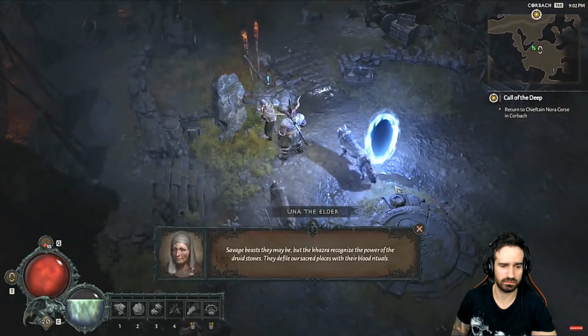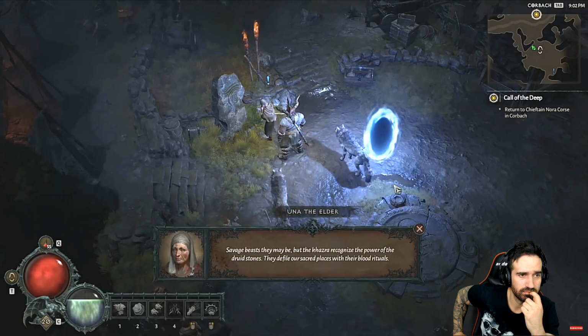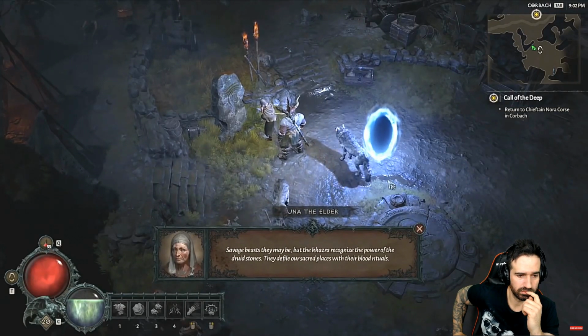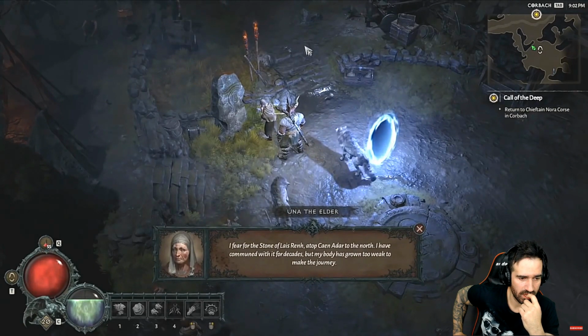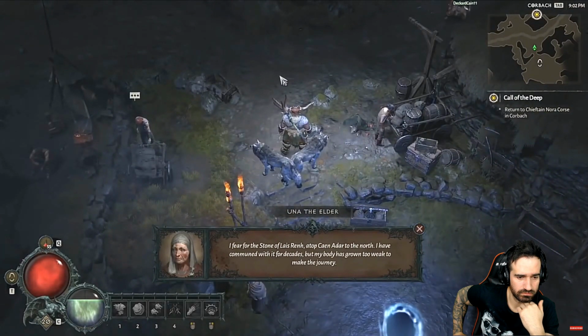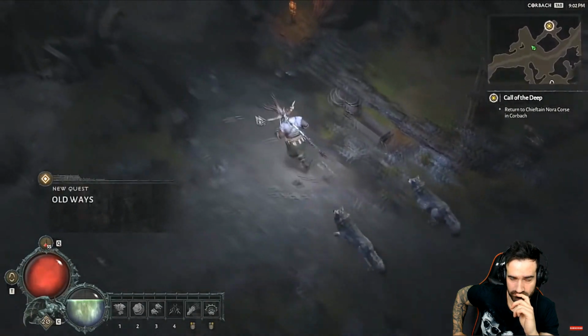Savage beasts they may be, Una, but the Khazra recognize the power of the Druid stones. They defile our sacred places with their blood rituals. I fear for the stone of Lys-Ren atop Kainadar to the north. I have communed with it for decades, but my body has...